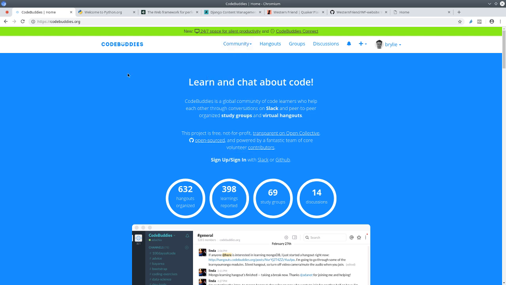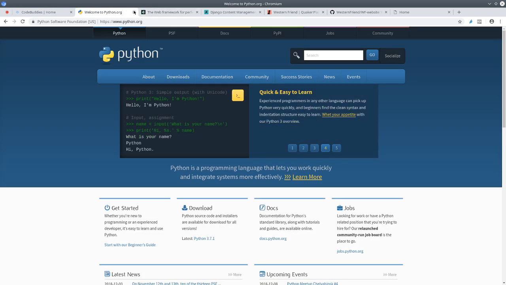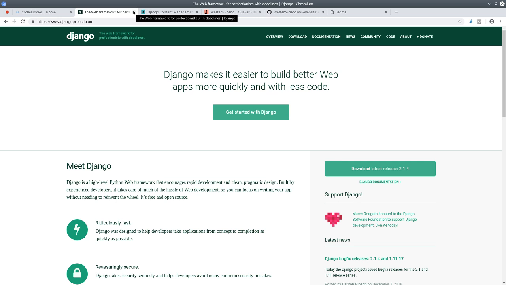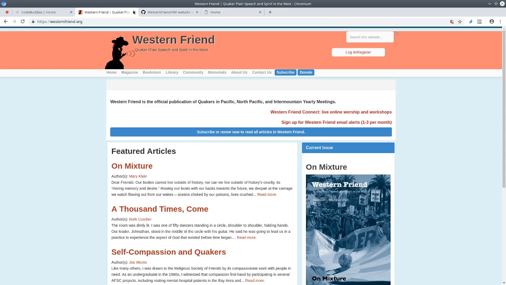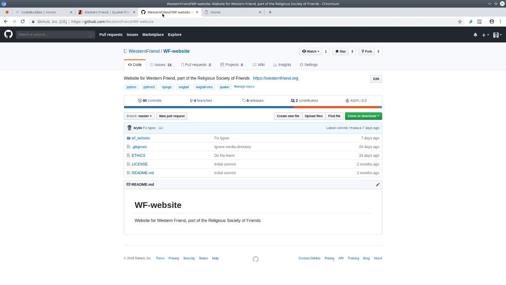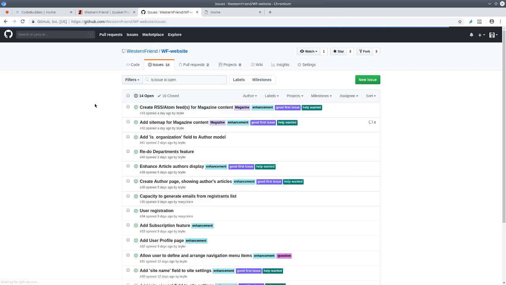The project we're working on is built with the Python language, the Django web framework, and the Wagtail content management system. It's a renewal of the website for a nonprofit organization called Western Friend. Western Friend is the official publication of Quakers in the Pacific, North Pacific, and Intermountain yearly meetings. Those are large gatherings in the western United States. The project is open source on GitHub, and today we're going to try to finalize